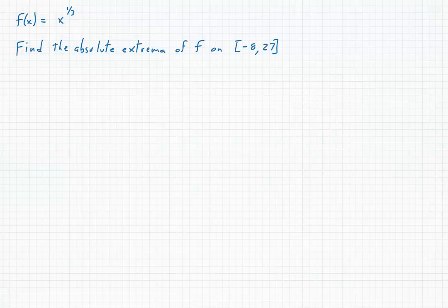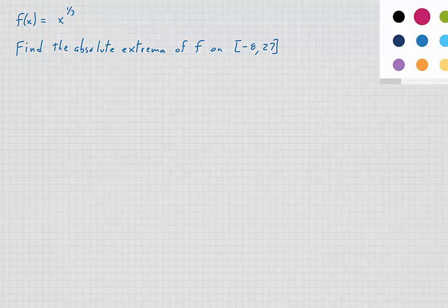We're asked to find the absolute extrema of the function x to the 1/3, that is the cube root of x, on the interval -8 to 27. Well, we know we need to look at the endpoints and we need to look at the critical numbers. So I'm going to do a slightly different order in this video than I did in the previous video. I'm going to look for the critical numbers first and then do my evaluating once I have those critical numbers,